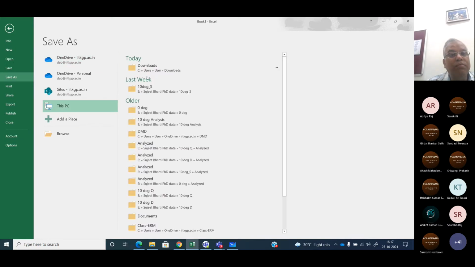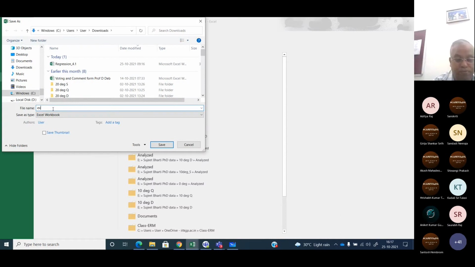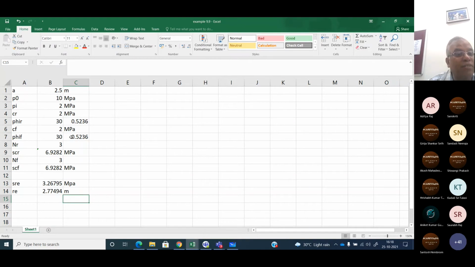Sir, which example are you solving? This is 9.9, but I have changed the fracture zone properties. Right now I have kept the same as this. Sir, one angle is 30 degrees and one angle is 20 degrees in this book. That's what I'm saying. Right now I have used the same just to show you. See, if I make CF 1 and this 20, this is 3.139. This is exactly what is given in the book. So let us go with this.